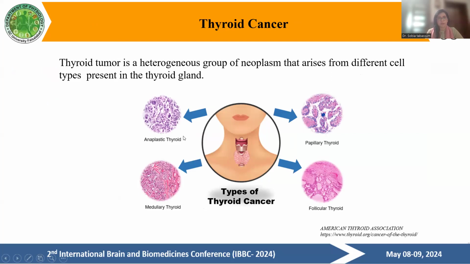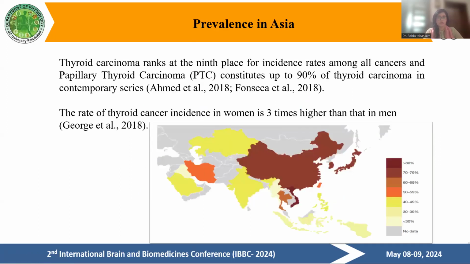And there are different types of thyroid cancer like anaplastic, papillary, medullary, and follicular. But we have selected papillary thyroid carcinoma because of its prevalence in the Asian population. With respect to its prevalence, it ranks 9th in the incidence rate among all the cancers, and papillary thyroid carcinoma constitutes up to 90% of thyroid carcinoma, which is very high in the contemporary series. The rate of thyroid cancer is reported 3 times higher in women than